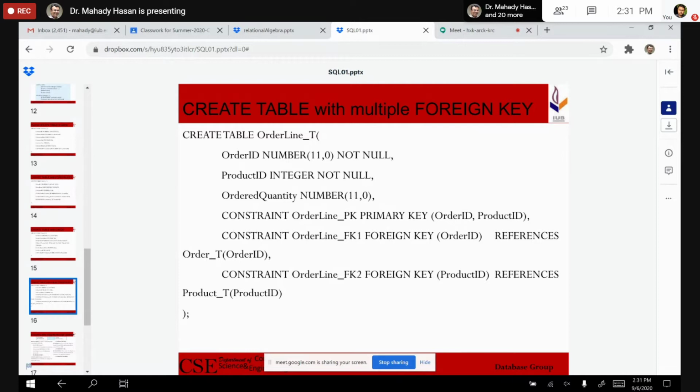So the first foreign key constraint, we are saying order line FK1 foreign key order ID, which has reference from the order table's order ID, and the second one is order line FK2 foreign key, which is product ID, coming from references product table's product ID. So here we are not only having a composite primary key, but the composite primary key is also foreign keys.